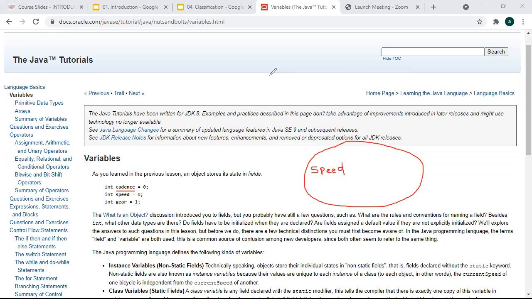Now suppose in your program you want to print the speed variable value. You write system.out.println and pass the variable speed here.